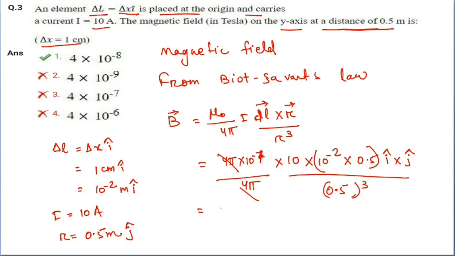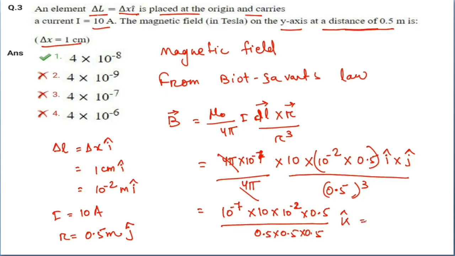Next, 4 pi cancel each other, and 10 to the power minus 7 into 10 into 10 to the power minus 2 into 0.5 divided by 0.5 into 0.5 into 0.5. Here I cross j is k cap. Then